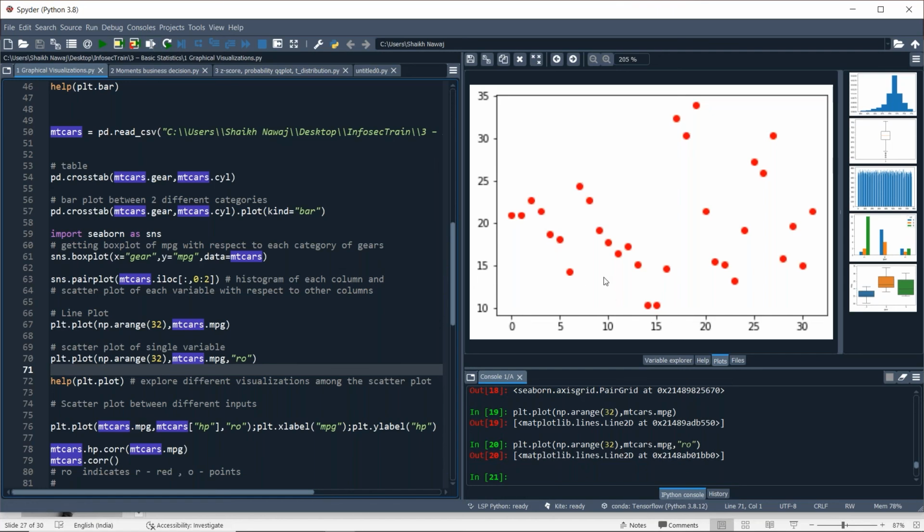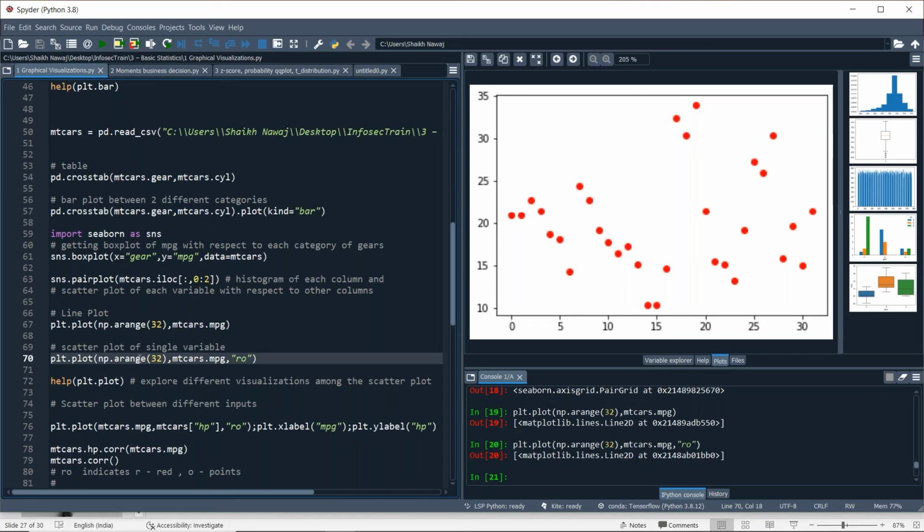Now in the scatter plot, you will see that there is randomness present. Our points are scattered randomly, so we can simply say that there is no correlation.